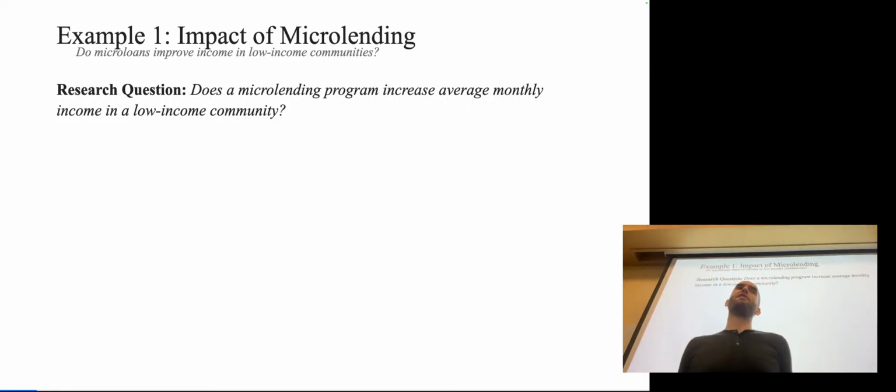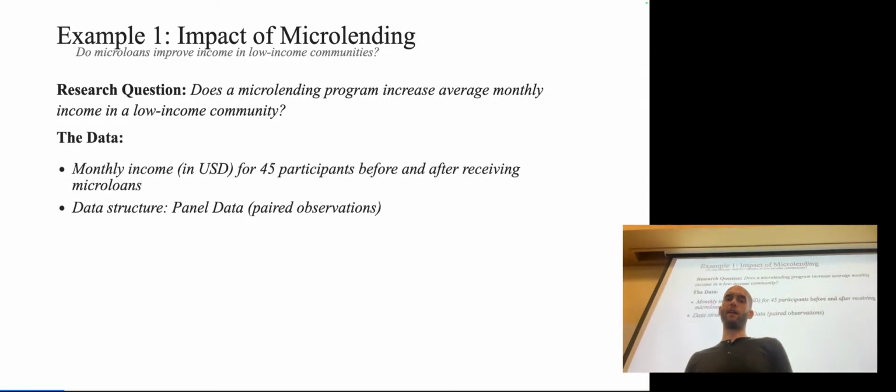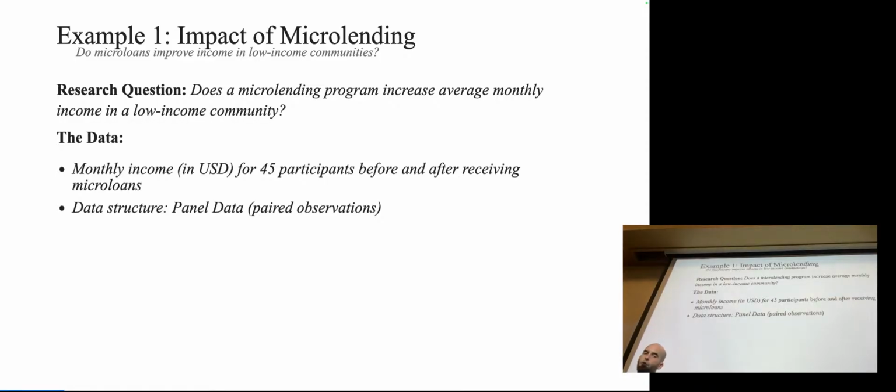And this would be one way of doing it. And then we could construct a two-sample t-test to be able to do this. A second approach is what I have in the slides, using what we call panel data. So we've talked a bit about panel data, but it's essentially paired observations. So this is the structure for what I'm going to show you.